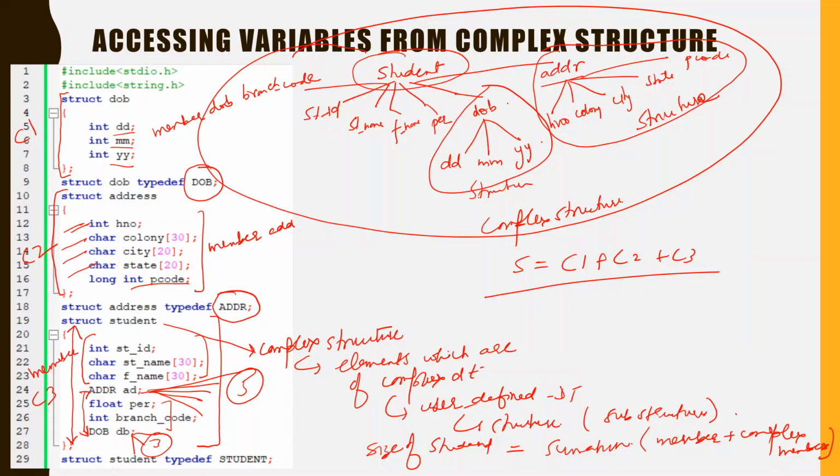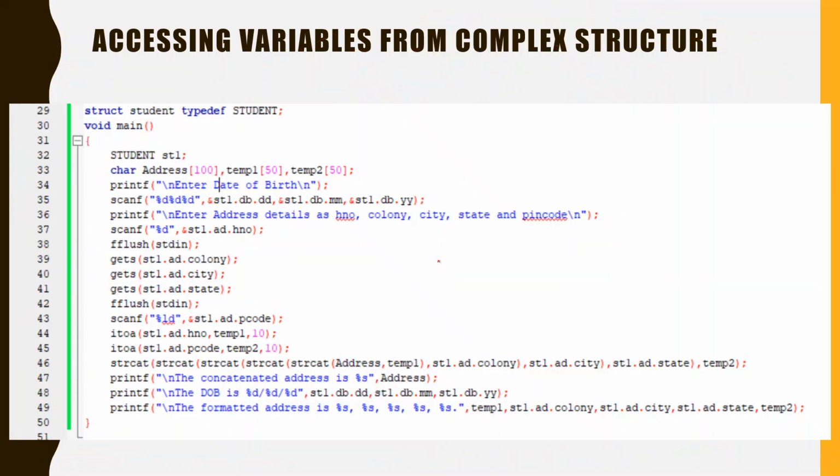Why is it called complex? Because its elements consist of elements which are complex data types, and these complex data types can be represented by separate user defined data types. It means we can create separate structures for them, and we can create variables of the type structure in the particular complex structure. So if a structure has variables of other structures, this structure is going to be termed a complex structure. So this is the concept of complex structure.